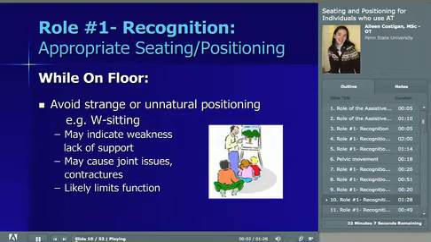Of course, people, especially children, are not always seated in chairs. While on the floor, many of the same principles apply as were discussed with regard to seating in a chair. However, a few other points deserve consideration. Positioning on the floor is likely to be more varied than in a chair, so a greater variety of positions may be observed. Generally, positions that look unnatural or strange may not be particularly beneficial to the joints or particularly